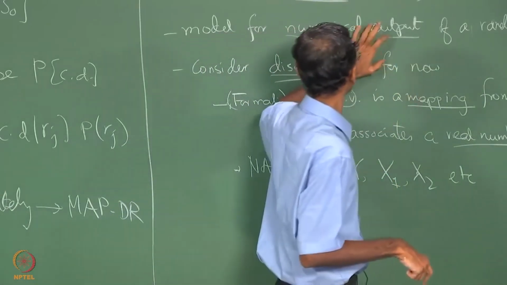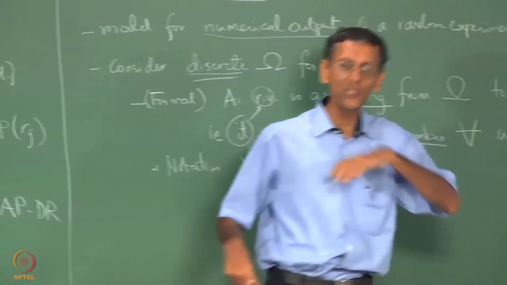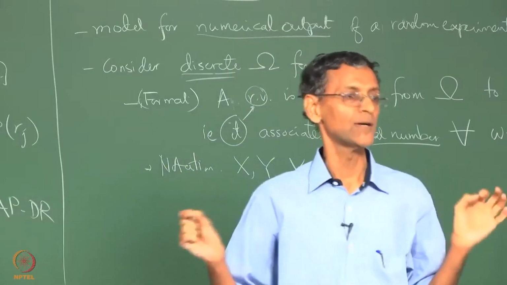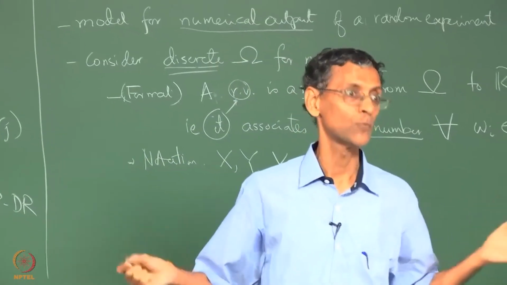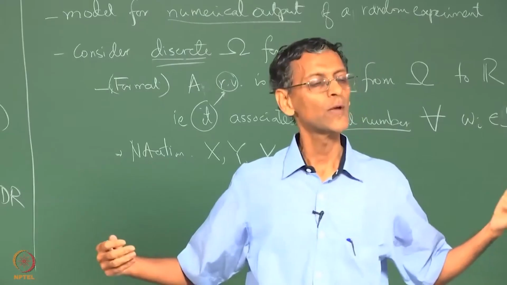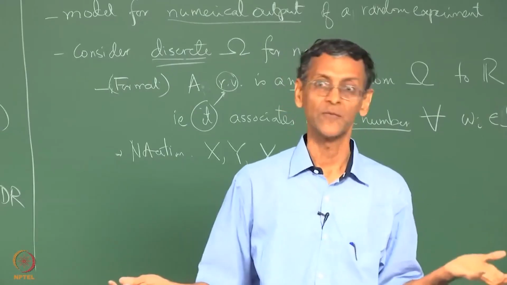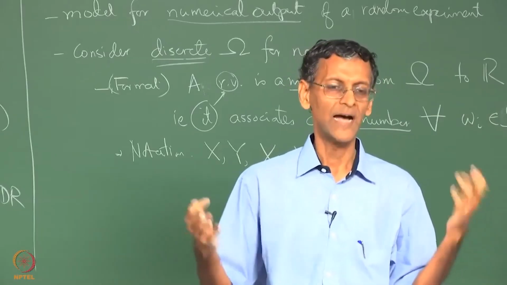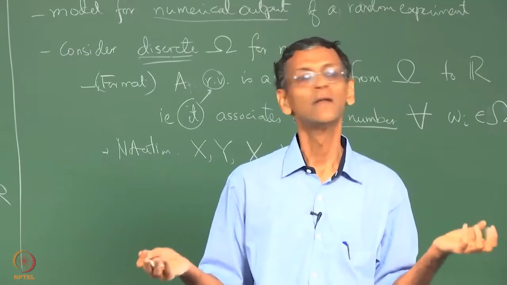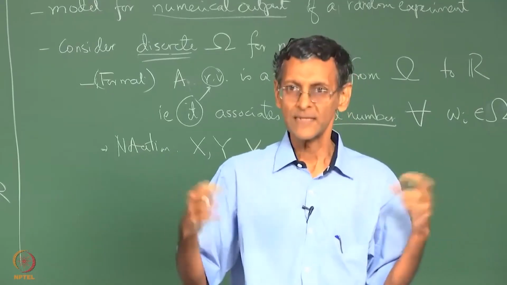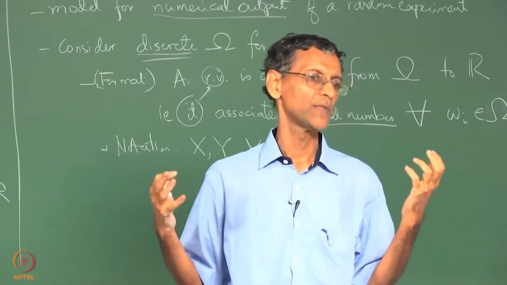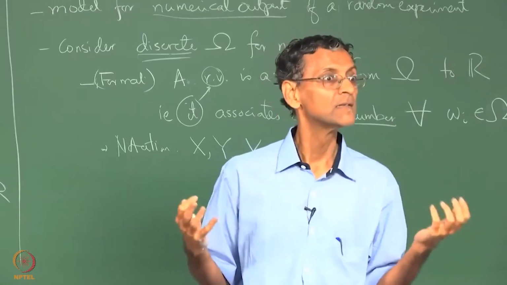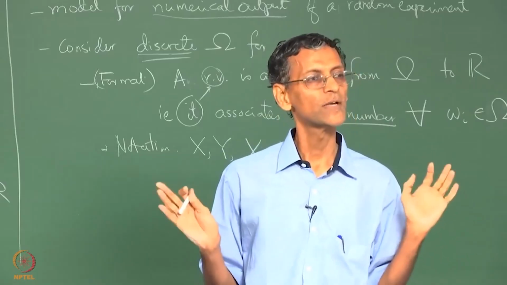So the random experiment itself throws at you an outcome, and you map that outcome to a numerical output in more than one way. One consistent way of mapping is one random variable, like the set of all the heights, or all the values that the height random variable takes in an experiment, things like that. It's a fairly intuitive concept, and I hope I don't have to spend too much time verbalizing it. This is okay so far.